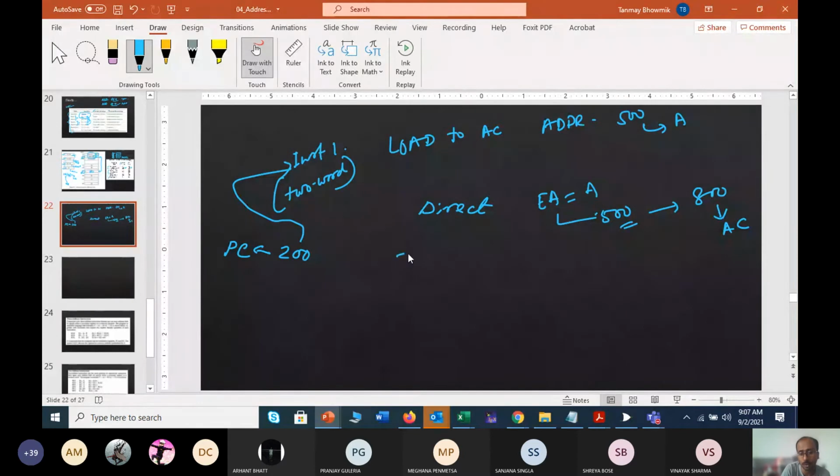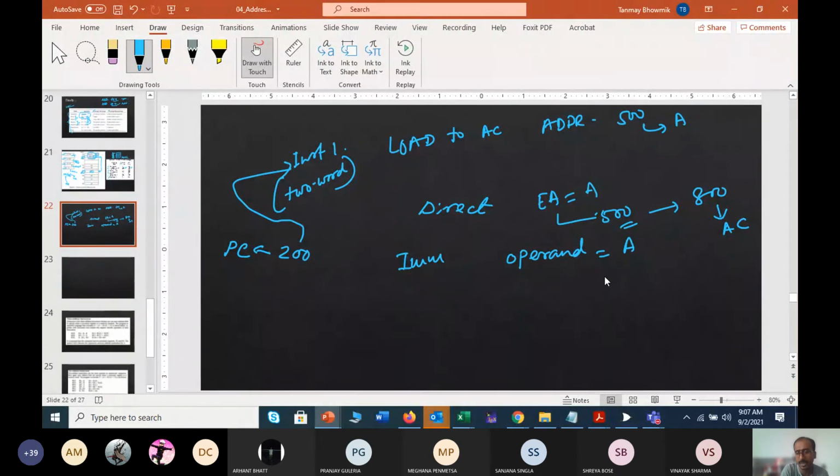Now, when you follow the same thing in immediate operand mode, your effective address is actually the operand itself. Right? So A is your operand here. In the immediate case, your operand will be A, which was 500 at that time.